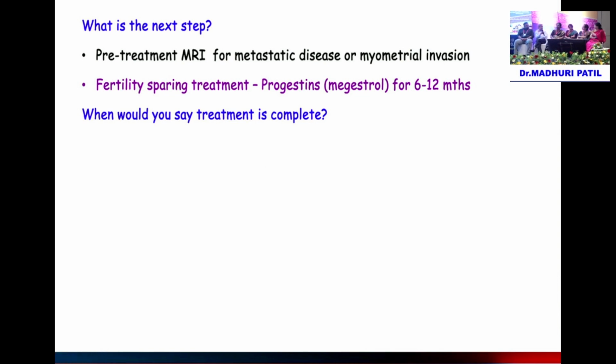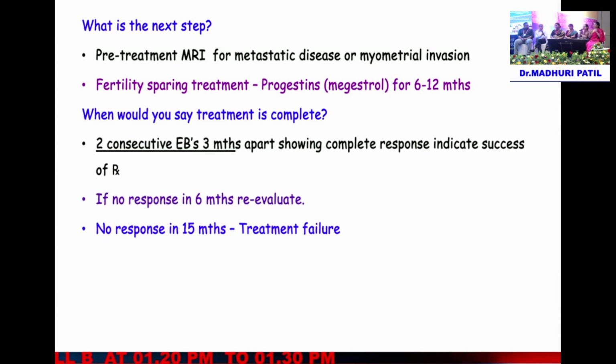I think we are actually talking at cross purposes. You are looking at fertility sparing treatment, whereas what we are talking about is future fertility preservation, which would be in the form of oocyte freezing, which can very easily be done before she gets her uterus removed. Embryo freezing also can be done, and that can be done at any point. Here we want the uterus, and she wants to conceive with her own uterus. So that's the option first. Like Sir said, we should give a complete chance for that, so long as the patient is willing to accept the risk. We will tell her that hysterectomy is the standard treatment for any cancer of the endometrium.